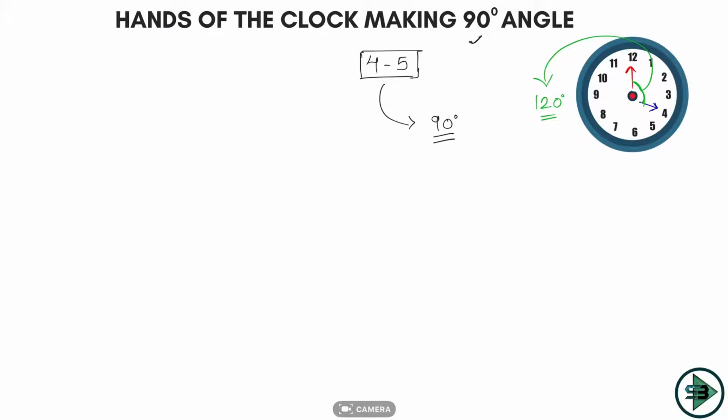So let's start thinking, when will this happen? Now the angle is 120 degrees when it is 4, right? Now slowly this minute hand is moving like this. It is coming here, it is coming here. At one point it will reach a position where the angle between the minute hand and the hour hand will reduce to 90 degrees. So it was 120 but it reduced to 90 now. Then what will happen? Once the angle is 90 degrees, it will come and overlap over the hour hand, coincide, right? It will come like this and overlap the hour hand. Now what is the time? 4 hours 21 minutes 49 seconds, right?